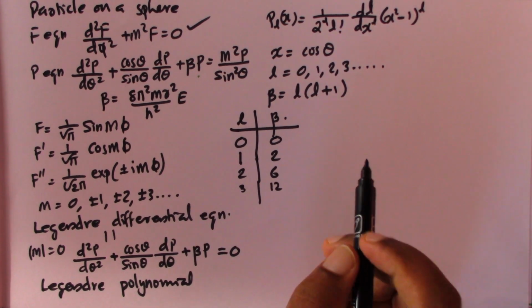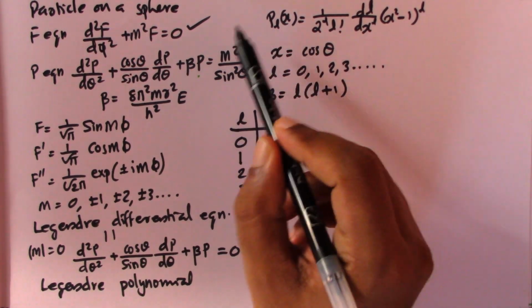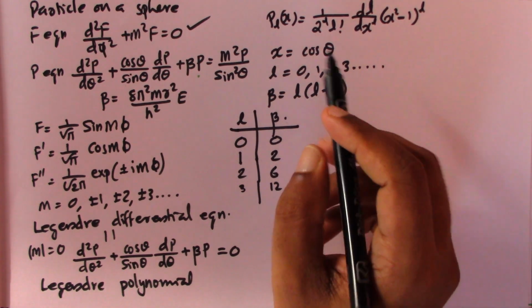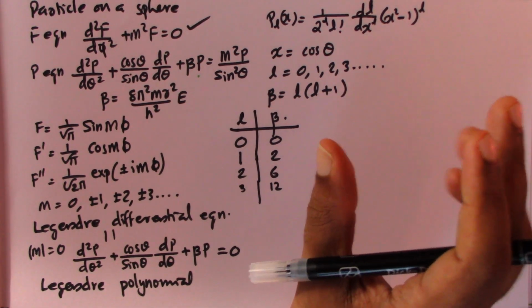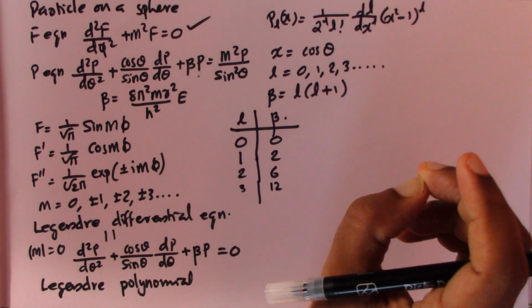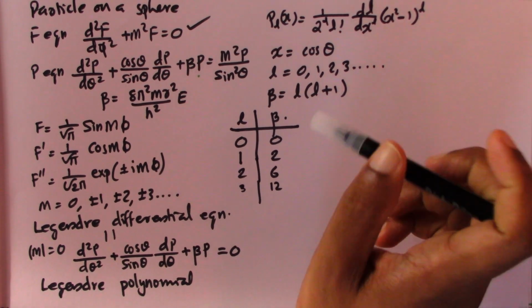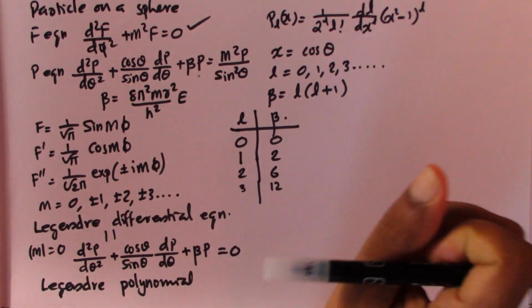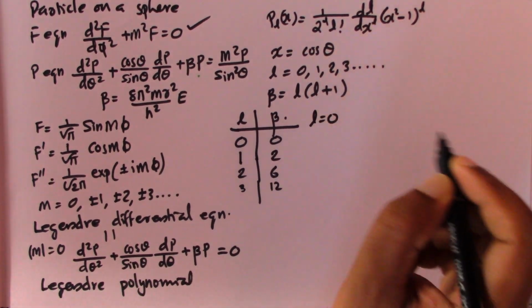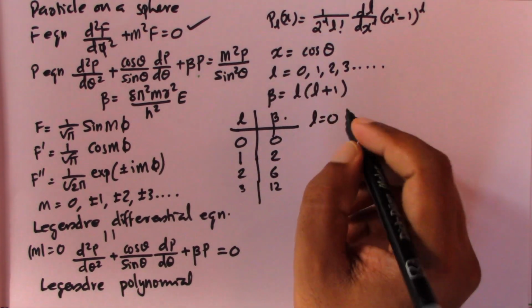Okay, and if this is the equation, here is the solution. This is a polynomial, and this polynomial is called the Legendre polynomial. We already mentioned that. What we are going to do now is find certain possible values of the Legendre polynomial for the allowed values of L. So for L is equal to 0, the allowed value of P_L(x), the Legendre polynomial, is